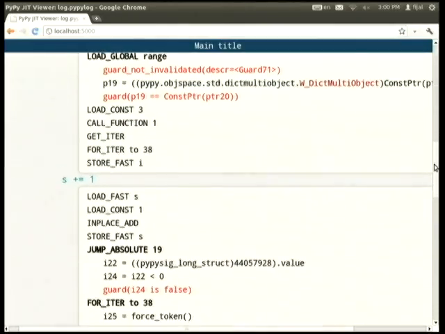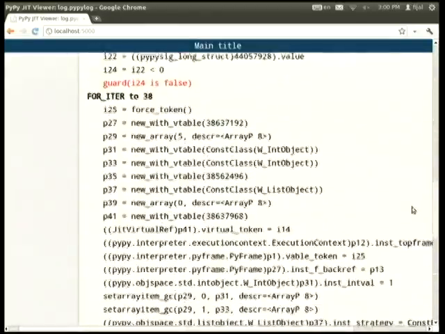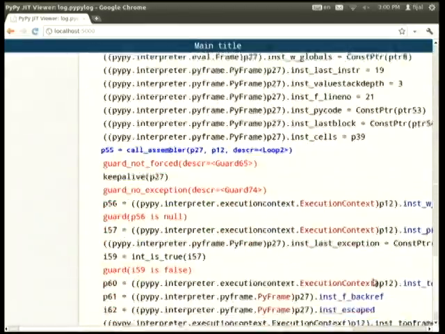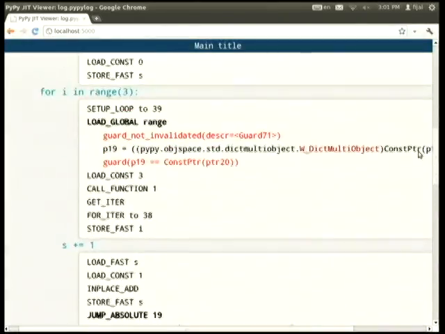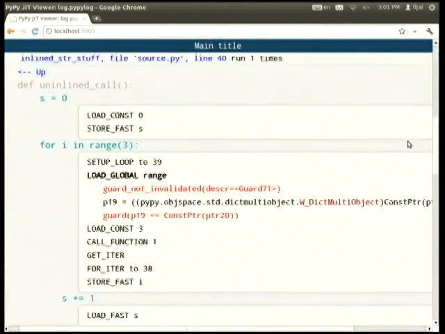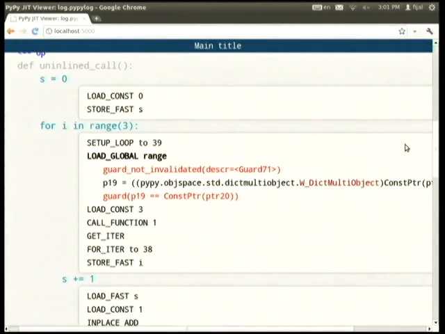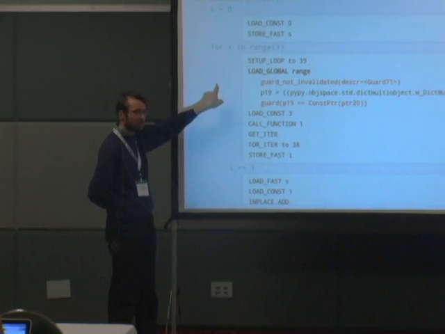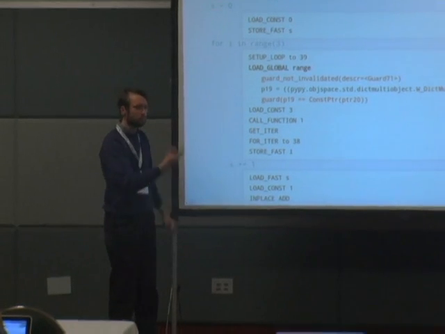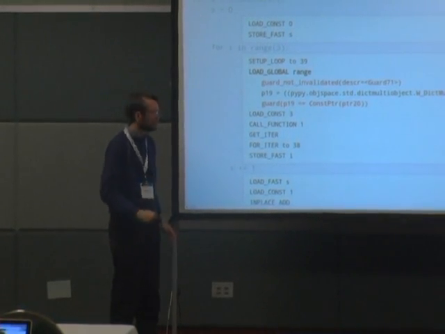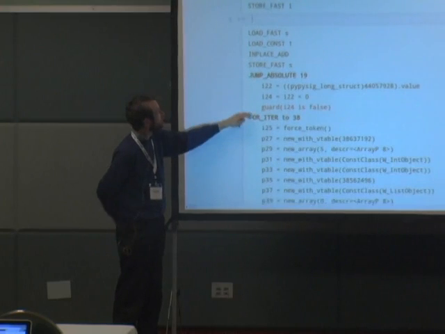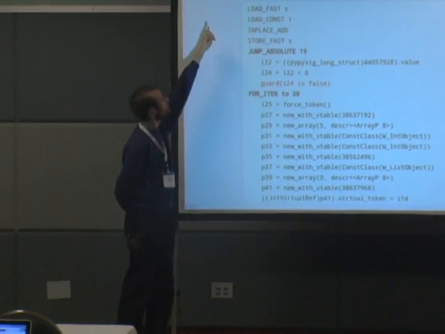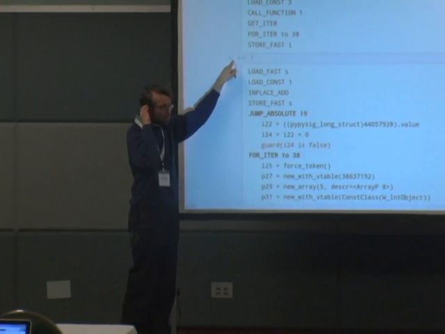Yes. It contains the first iteration, and then frame allocation, and then call assembler. Yes, it's a good example where it's not great, and we are trying to improve it. What is occurring here is that the first iteration through the loop is actually inlined, but then the further iterations are not. So the first iteration becomes this, where you have the addition of 1. Yes, for example, s plus equal 1.